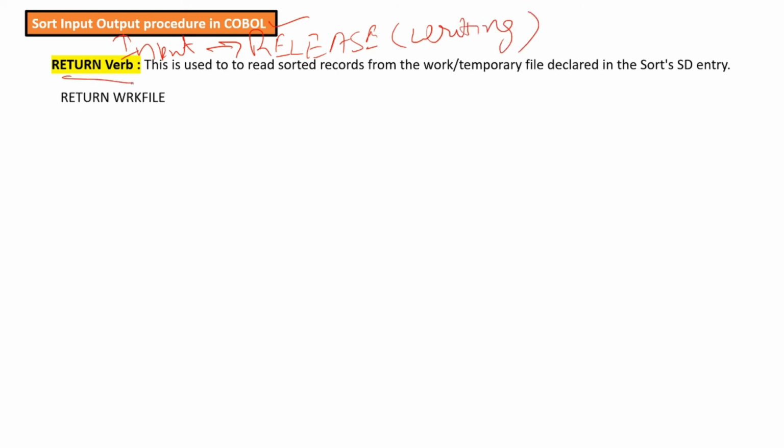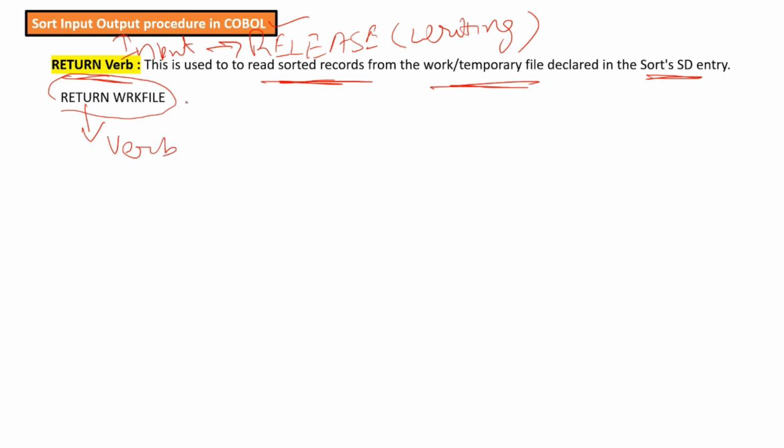But in the output procedure, we use the return verb, and this is used to read the sorted record from the temporary or work file, which is declared in the sort SD entry, meaning sort file description entry. So this is the syntax for your work file. You will read the file using the return verb.